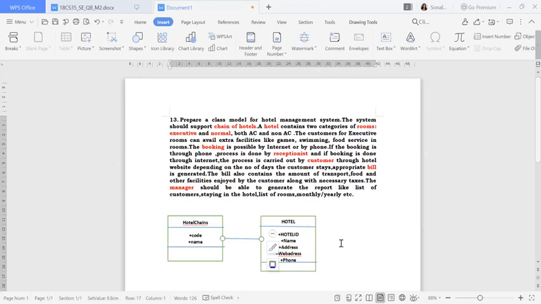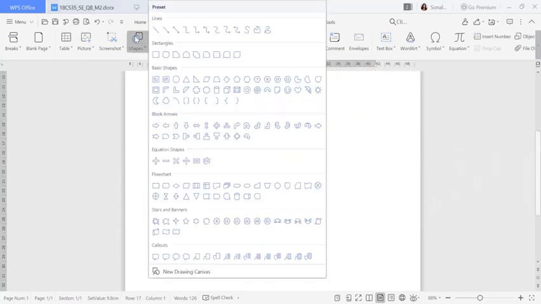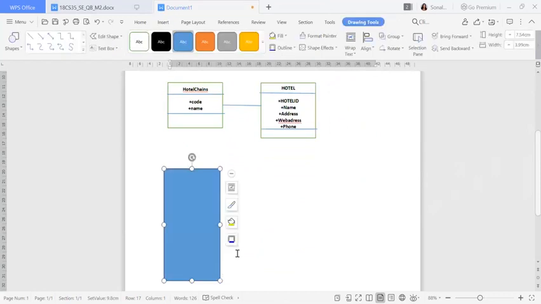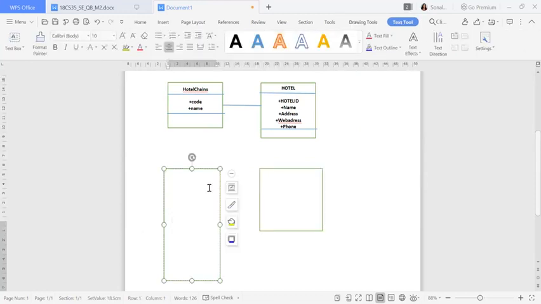Fine. So now next one will be, this hotel will have customers, right? Customers, and who is going to manage? The manager. So two things I'm going to write here. One, I will write customer, because customer I'll make it in the down, it will have many attributes, so I'll make like this. And also I will make one more as manager. So what I will do, I will take one more shape here, I will keep over here as manager. Fine. So now what I'm going to do, inside this I'll write customer.